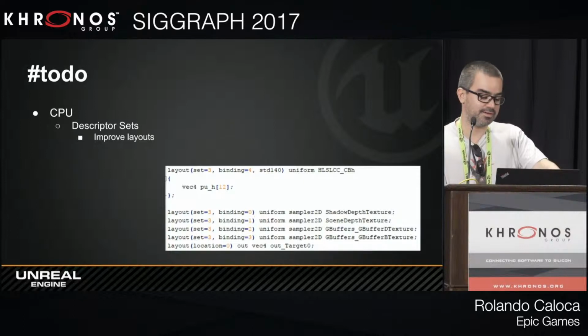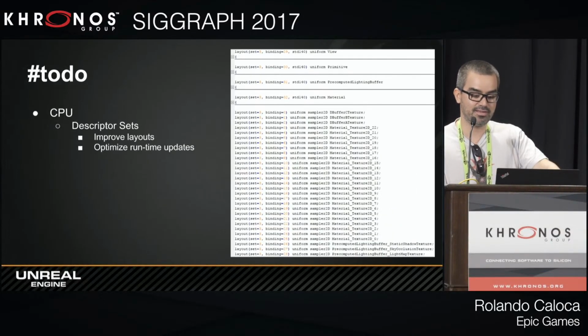But this works fine in general, but then we get materials from Paragon or from Unreal Tournament, and the list gets a little crazy. And they do use all 28 textures. So we run into some issues where we have the binding, we have index 32 in the binding, and in some places we just have a UINT32 mask. So obviously, a lot of code to fix around. But fixing this and reworking this in a nicer way will also improve our runtime updates, which is part of the CPU problems right now.